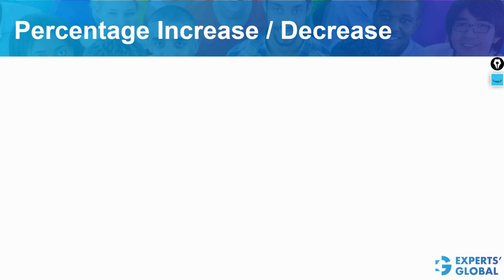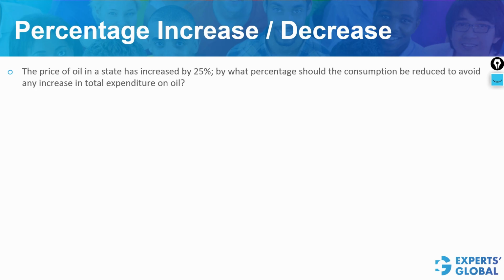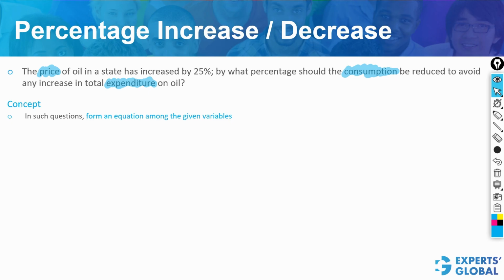Look at this example here. You will see that now it's about multiple variables here. There is price, there is consumption, and there is expenditure. The concept is that in such questions where you see multiple variables, you must form an equation among the given variables. For example, in the case here, the equation can be price times consumption is expenditure. Initially, we can assume the price to be $1, the consumption to be 100 units, the expenditure would turn out